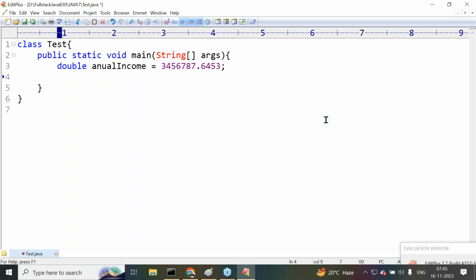Something else like this. System.out.println of annual income plus, for a company annual income here we want to get it. Okay. Next one, apart from this,